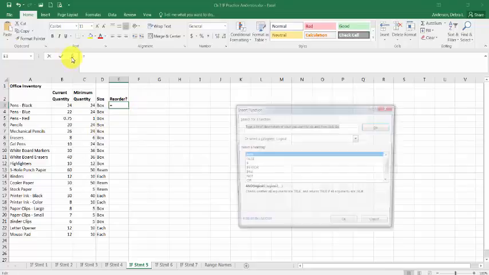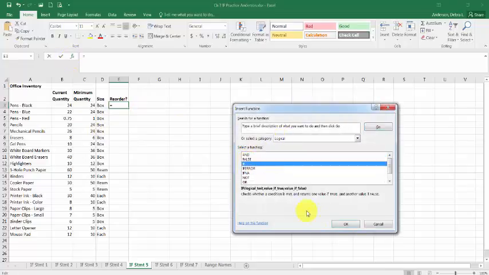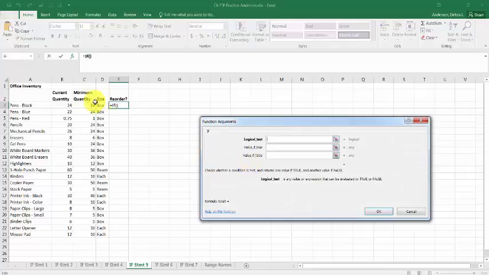So I'm going to go to fx, category is logical, function is if. My logical test is B3 below or less than C3? If the answer is true, I'm going to type reorder now. Now, right now I'm not typing this in quotes, but notice when I go to the next box, it puts it in quotes. If you're typing in the formulas manually without going to the wizard, you have to put quotes around any text. Now, value of false, because I wanted to display either reorder now or a blank, I have to put in quote space quote,